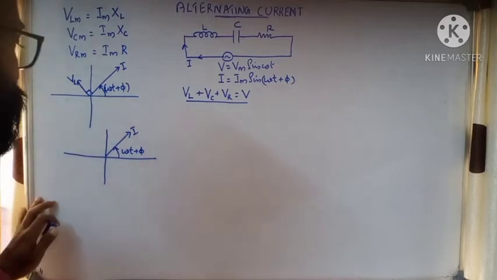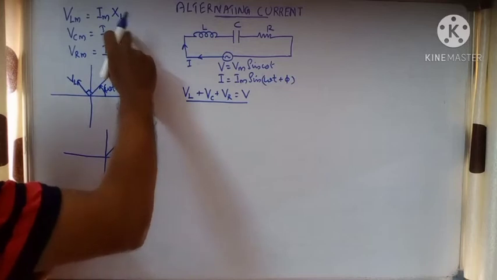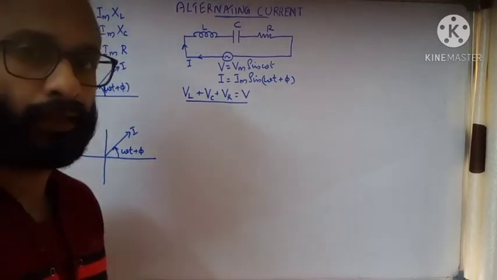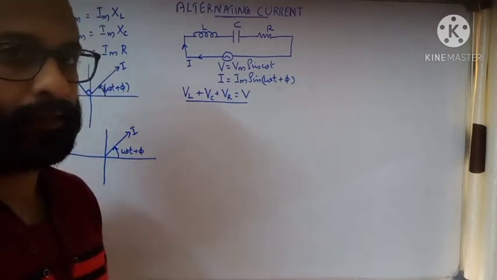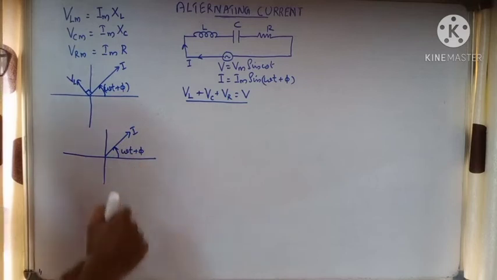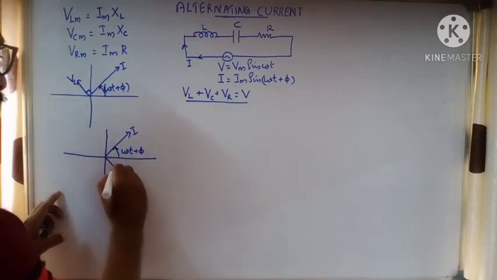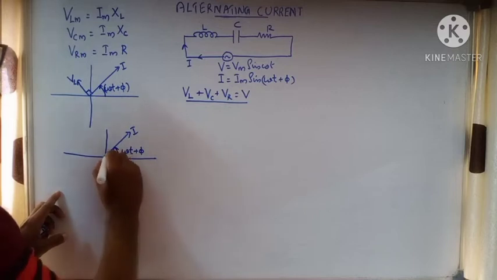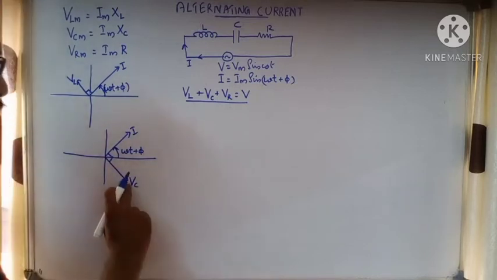Now what we are going to see is, we need to find the voltage across the capacitor. And we know that in capacitor, the current is leading, or in other words, we can say voltage is lagging. This is the current, voltage lags by an angle pi by 2. We can draw the voltage across capacitor. This is a phasor for voltage across capacitor. So this is lagging by an angle pi by 2. So here voltage is lag.